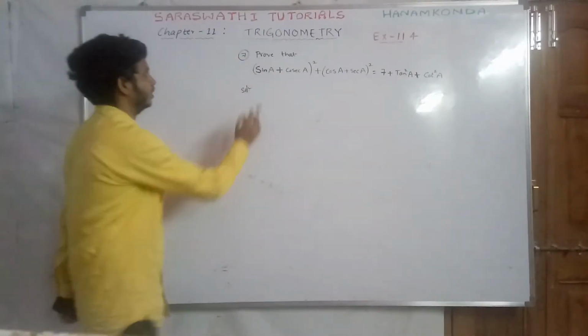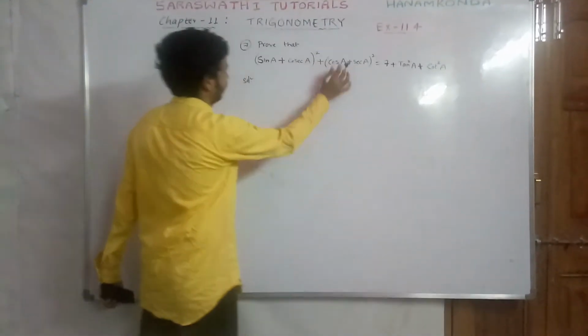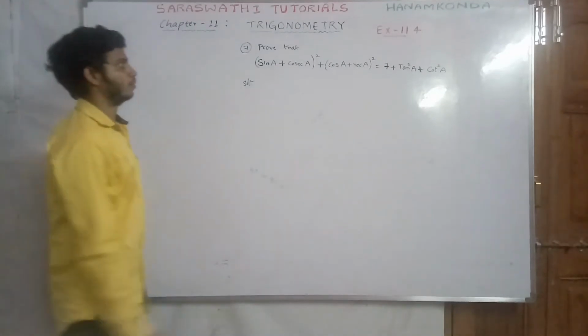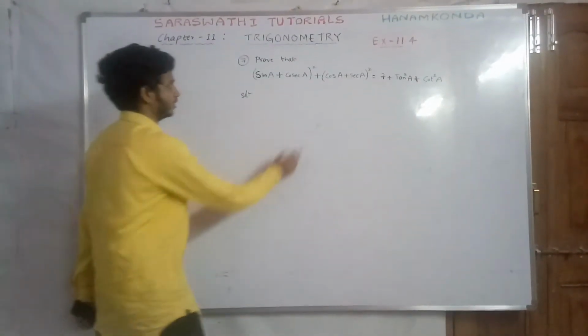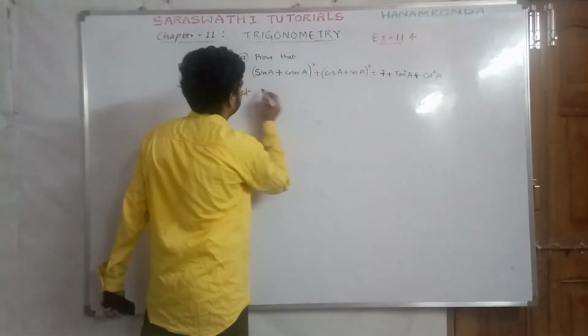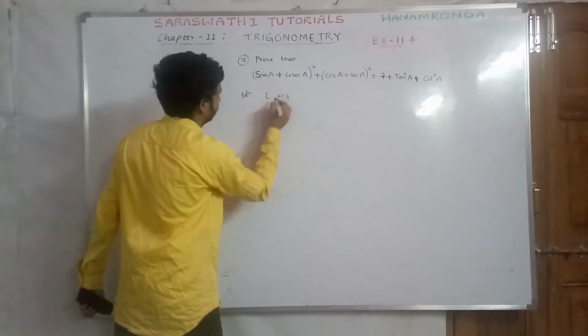So the next question is, prove that (sin a + cosec a)² + (cos a + sec a)² = 7 + tan² a + cot² a. Okay. So first consider the left hand side part. Okay, LHS part. Write the LHS part here first. So LHS, it is given that